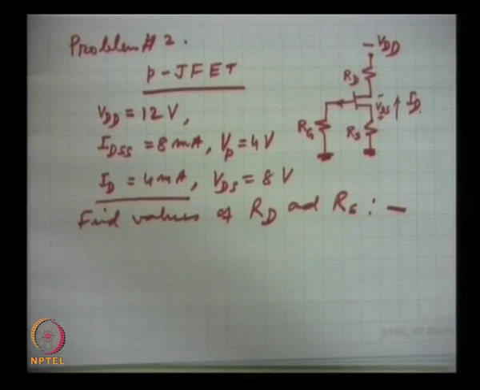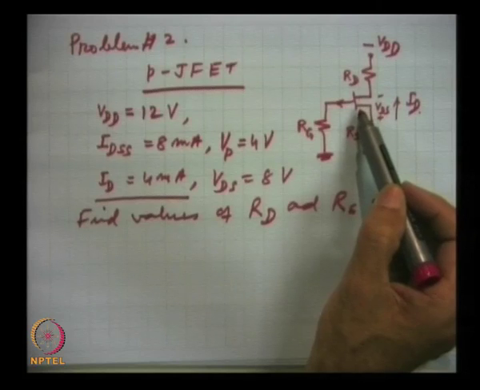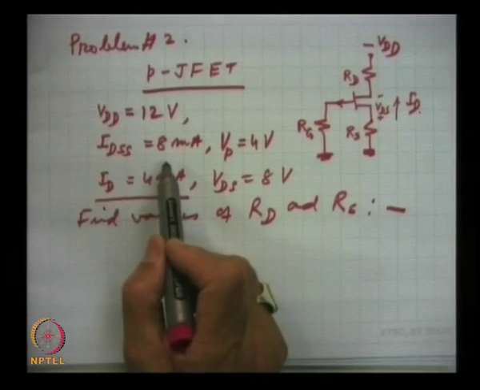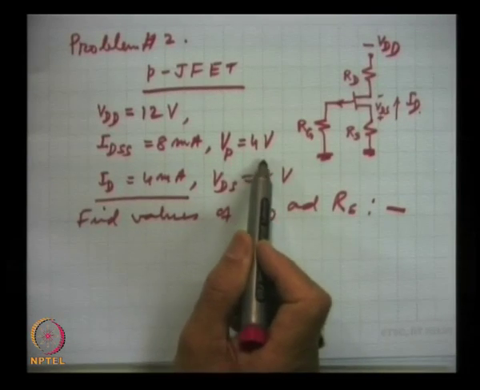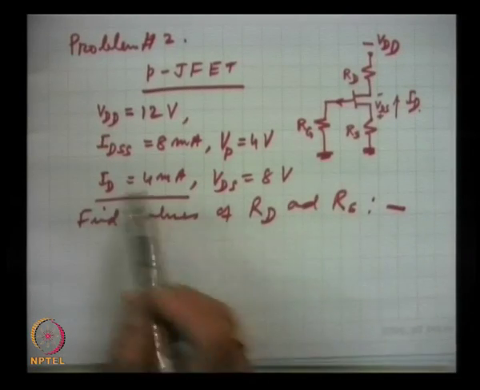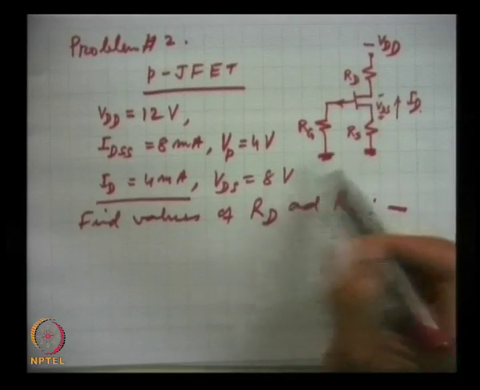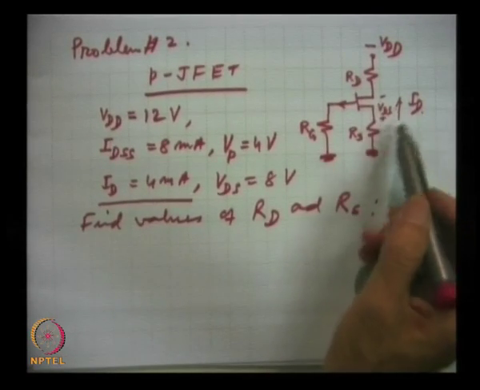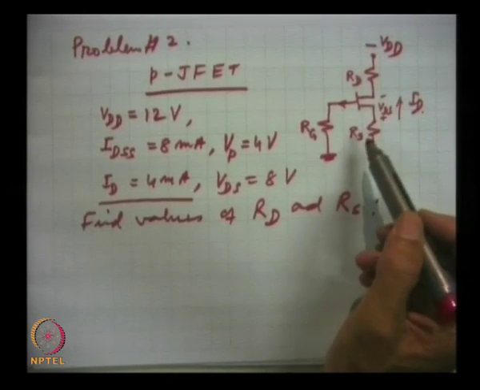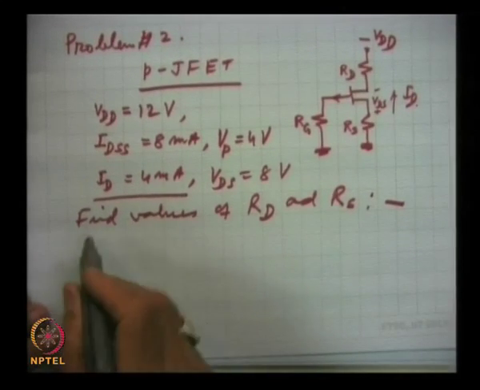This is the problem. Here this is the circuit, and this is a P JFET which has IDSS as 8 milliampere and VP as 4 volts. In the circuit, this battery is 12 volts, and the drain current of 4 milliamperes gives a voltage drop of 8 volts here. So, the values of these two resistors RS and RD are what we have to find out. So, the solution of this,